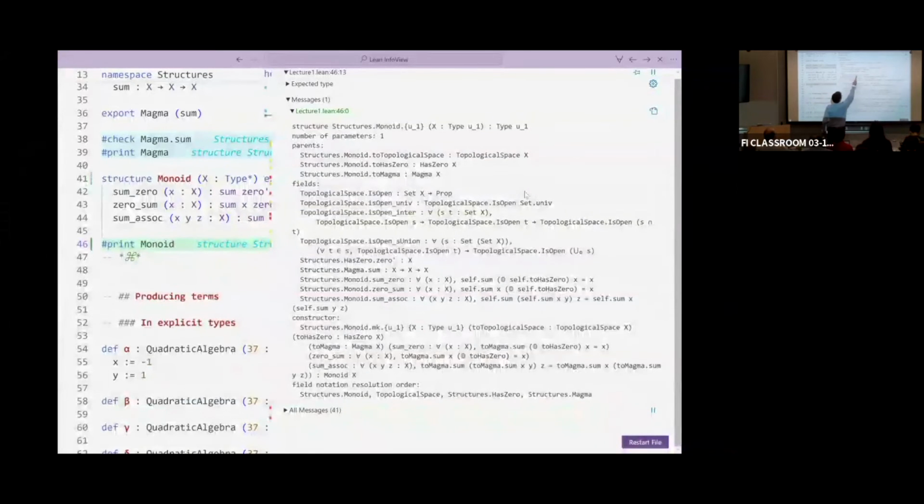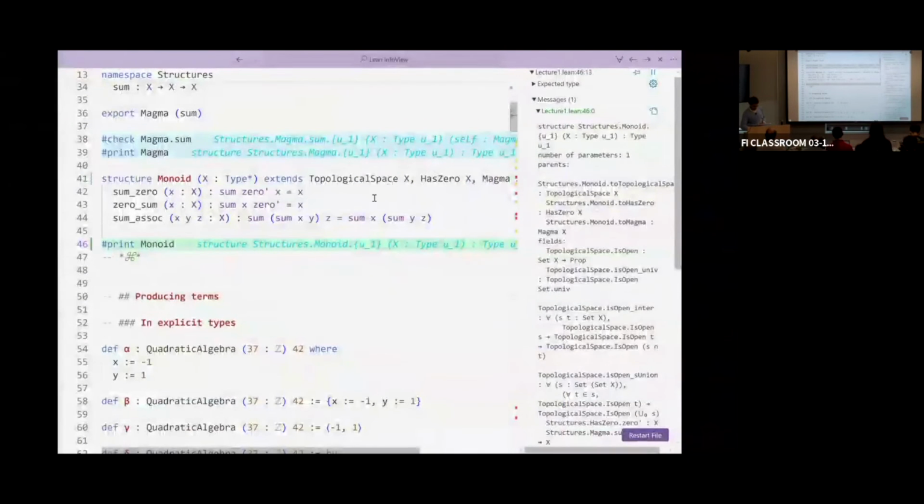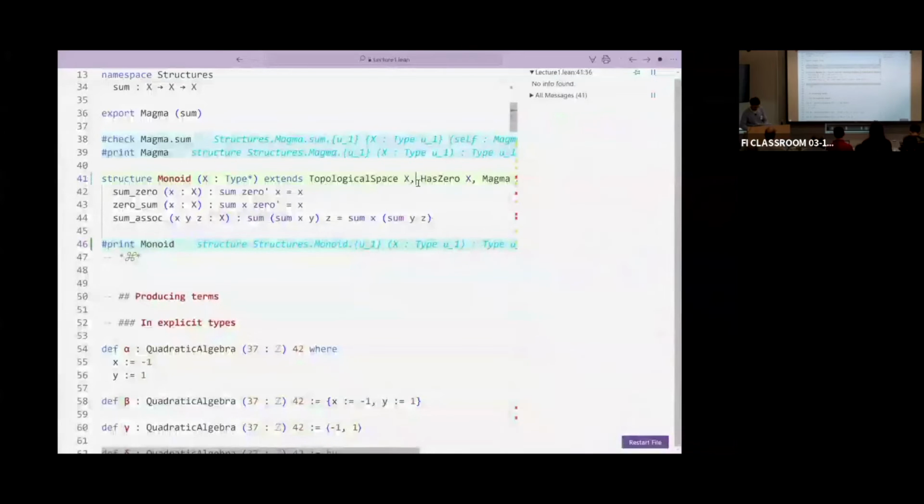I have what are the opens? What are the properties of the topology? So 1, 2, 3, 4, 5, 6, 7, 8, 9 fields now. And if I decide that it's also a differential manifold, then there are 79. Okay, you can do as much as your fingers can type. You can keep on adding. Okay.